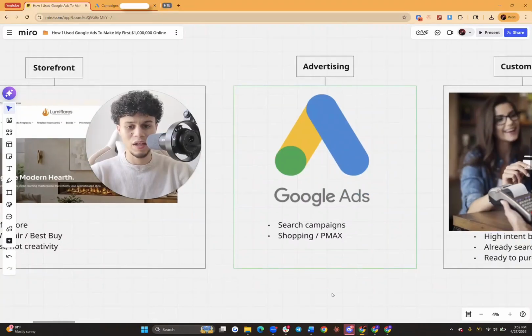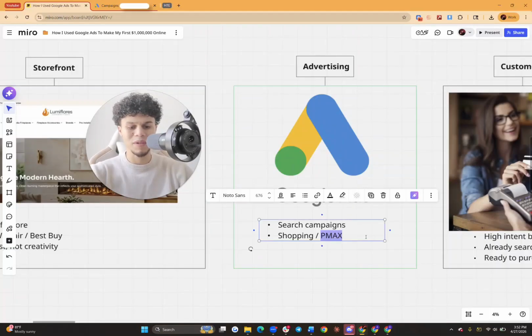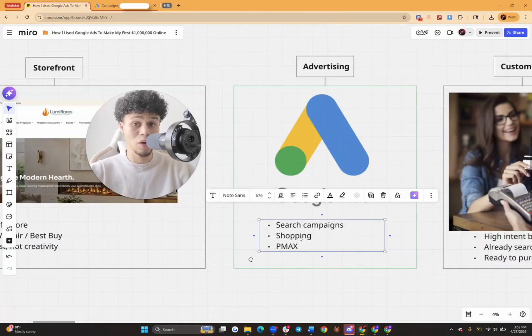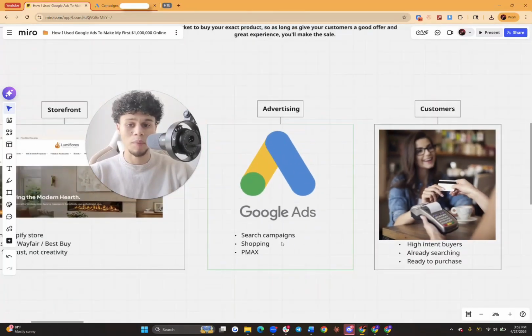Next, right here, guys, you can see advertising. Okay. This is the money. This is exactly what I'm going to be focusing on for you guys in this video. We're going to be going over building your Google search campaigns and your Google shopping campaigns. Now, I have Performance Max listed here because I initially wanted to show you guys how to build Performance Max, but it's kind of useless unless you have data within shopping and search. So we're going to save this for another video, but I have it listed so you guys understand it is one of the crucial campaigns when you are building and scaling an e-commerce business with Google Ads, okay?